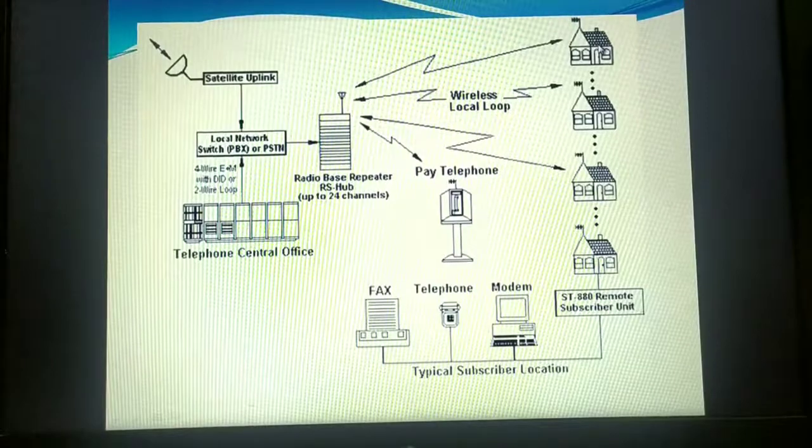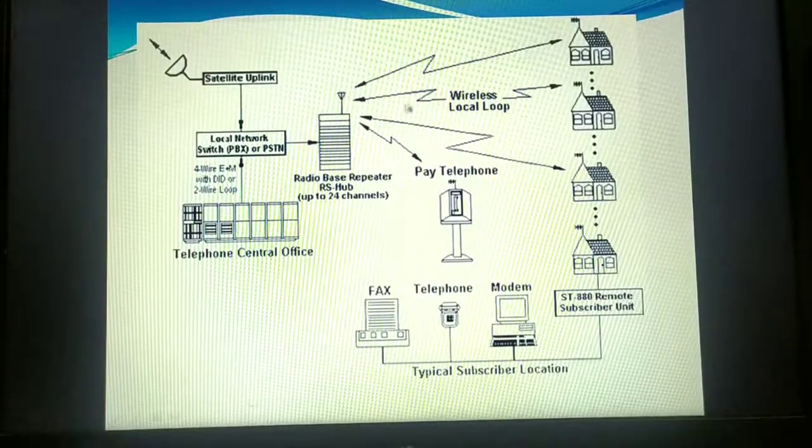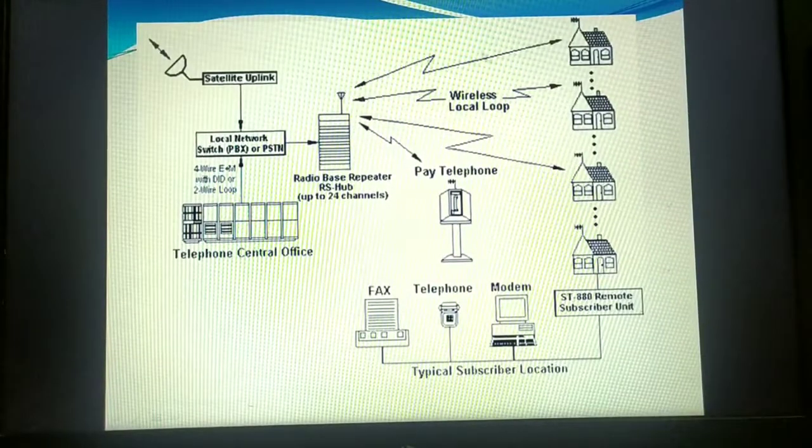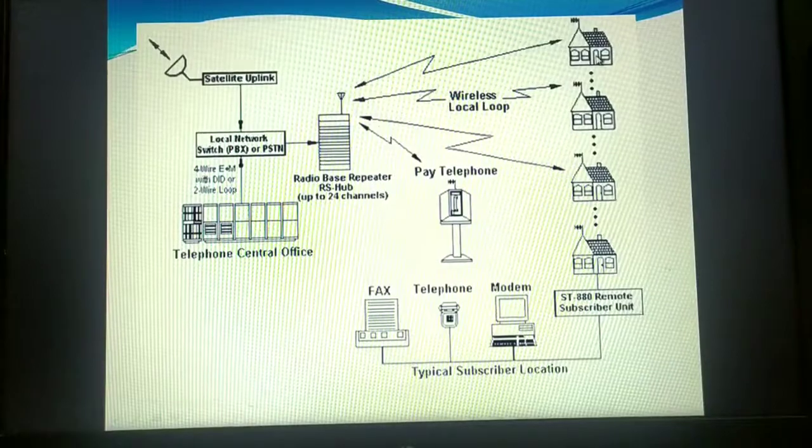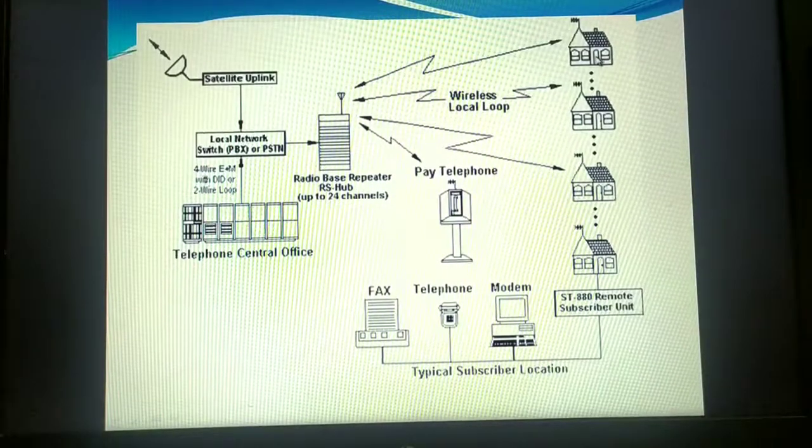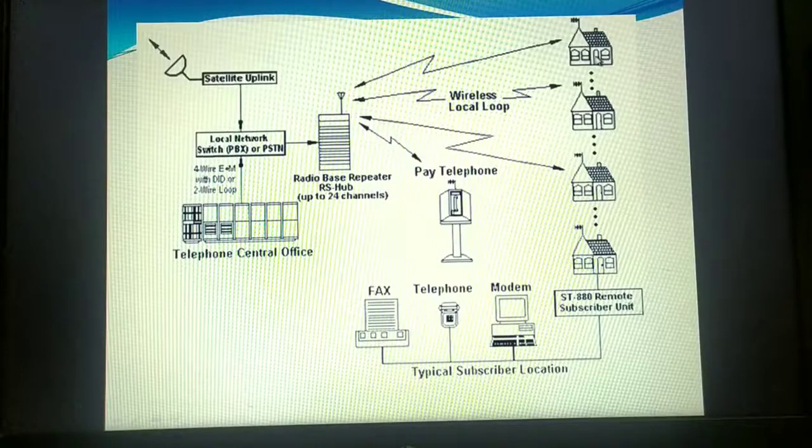I hope you are understanding. Then we got to know what is there in the antenna. There should be one device at your side also, in the home. If you are using a landline phone, there should be one device capable of accepting and receiving the data whatever the base station is sending, isn't it? So each customer is equipped with a mini station of low power into which the telephone is connected.